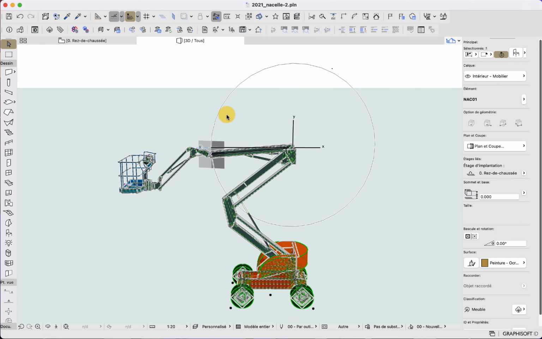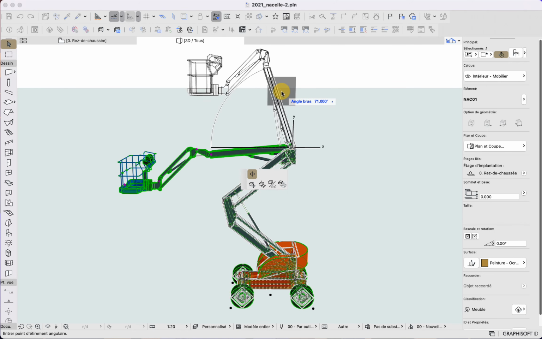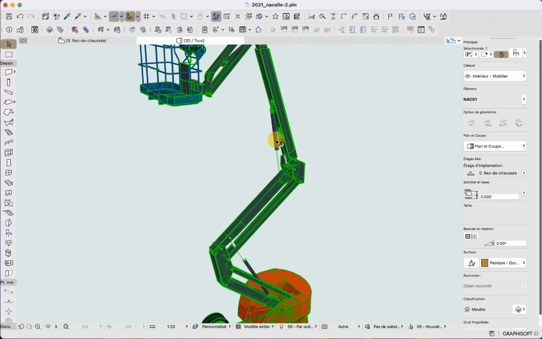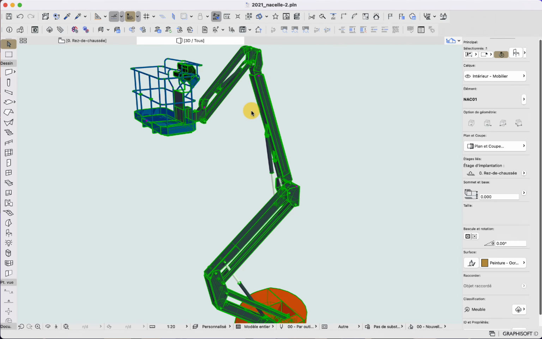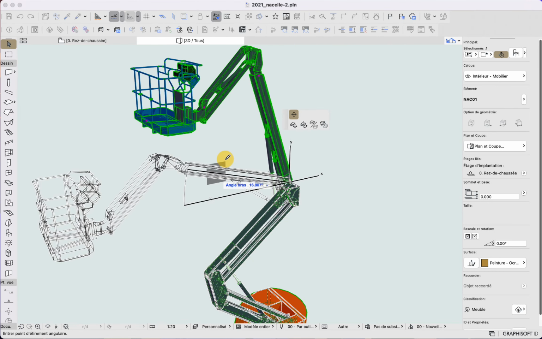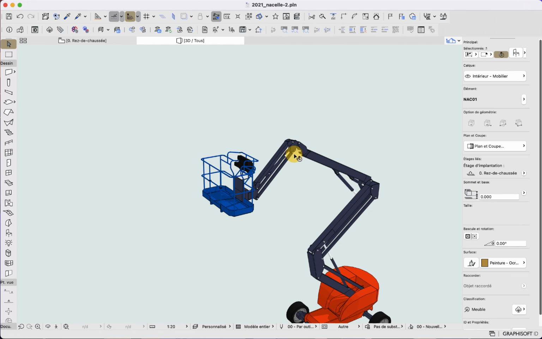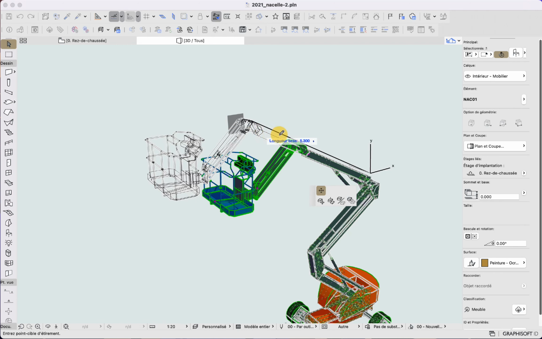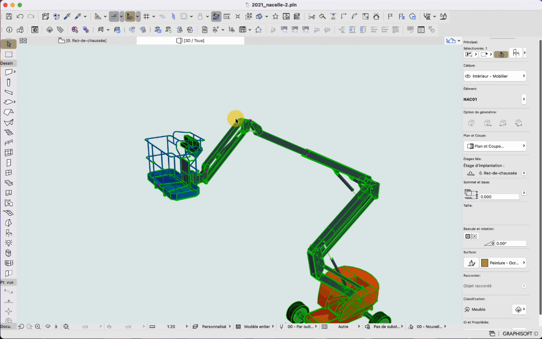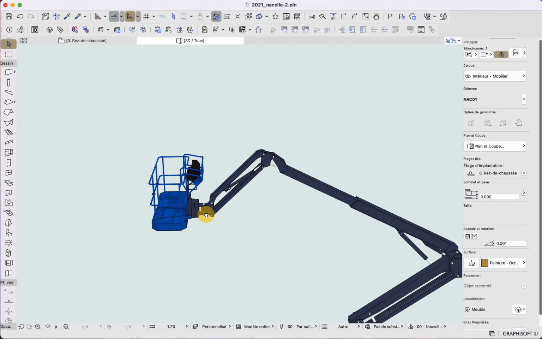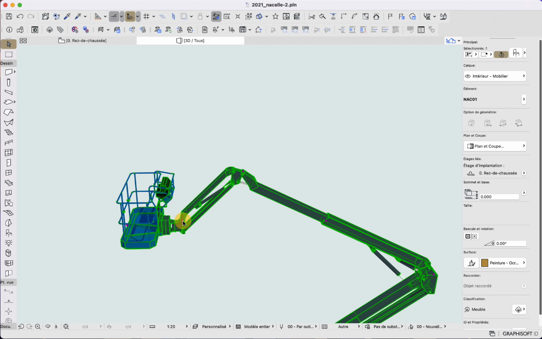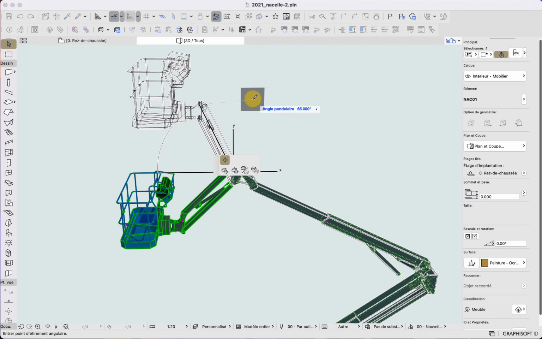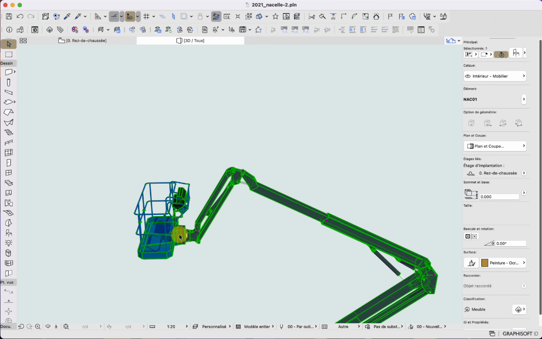Here I can also move this arm, and we'll see the two pistons moving accordingly. We can also extend that arm, and here it's a mere translation, but still we can extend it, and we can also change the angle of the jib here, so very high or very low.